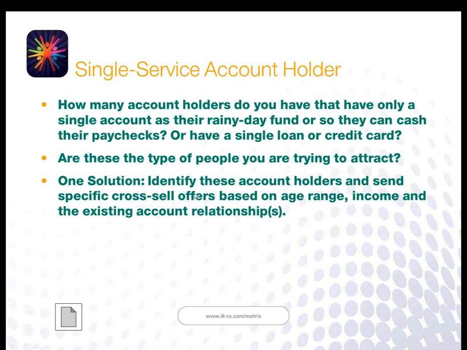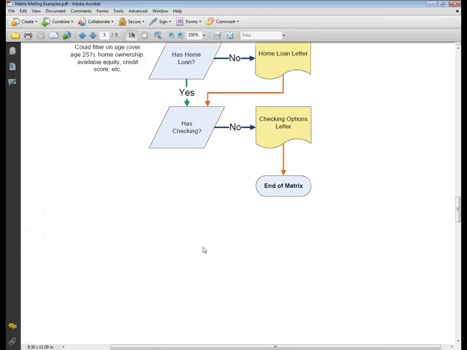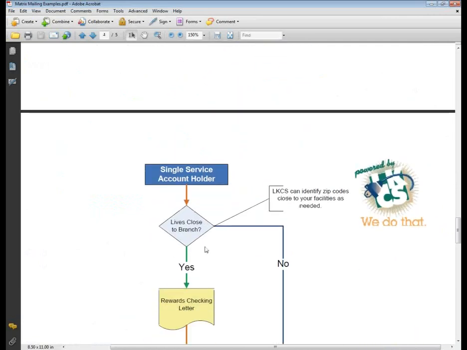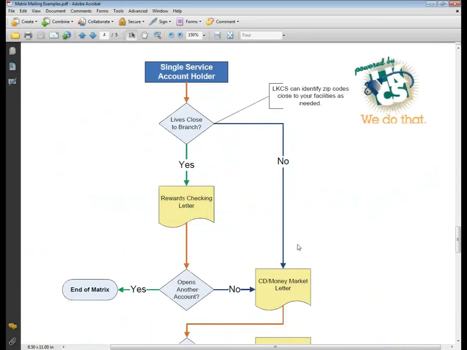Again, these offers are going to be based on their specific conditions, their demographic criteria, the relationships they have with you, et cetera. The goal of this type of campaign is really just to get them to open one additional account. It can be 2, it can be whatever you want, but in the example that I'm going to show you, the goal is to get them to open one account. As soon as they establish one additional relationship with you, we're going to end the reboarding